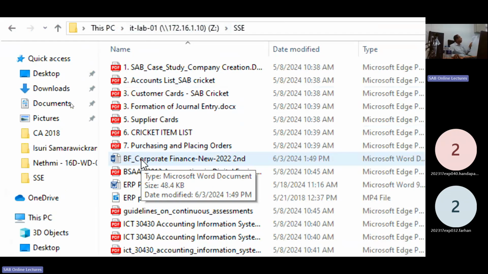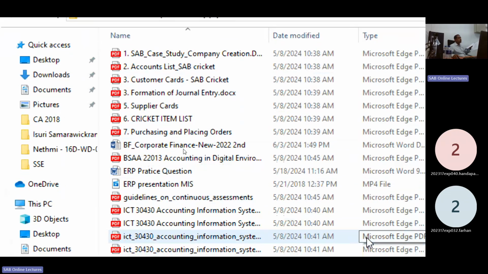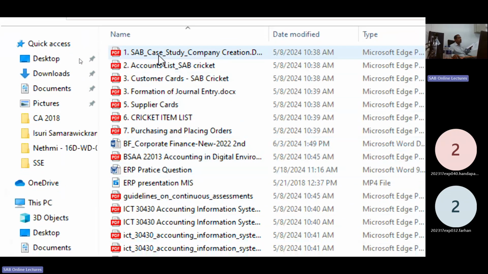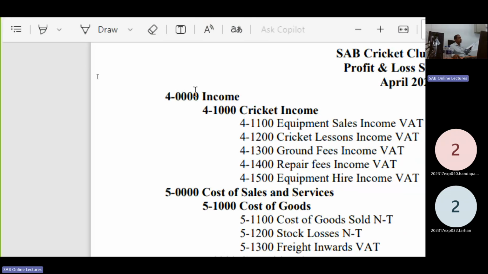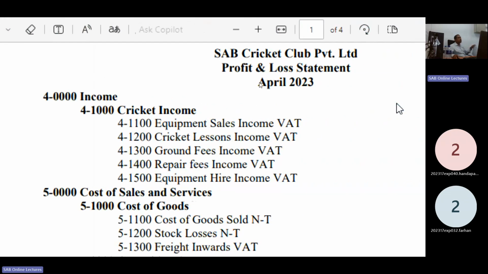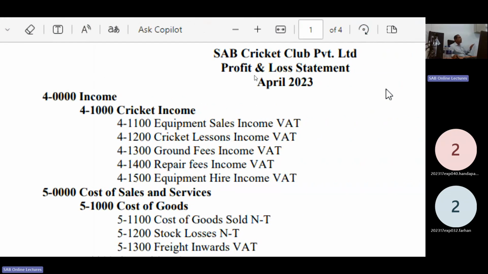The tutorial is called SAP Cricket Club Private Limited profit and loss statement and the balance sheet, or the financial position statement. Account list in the tutorial.